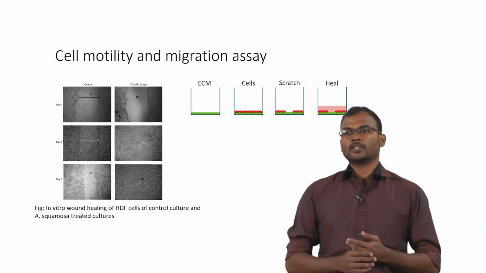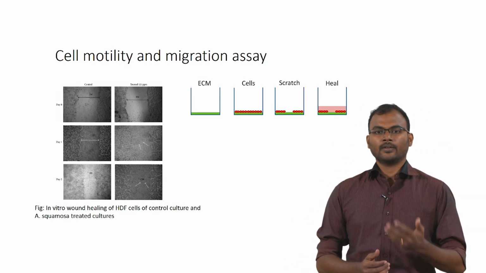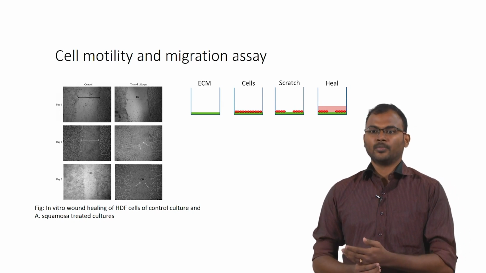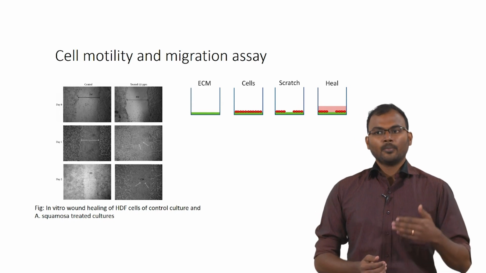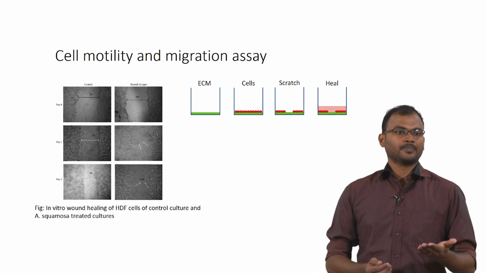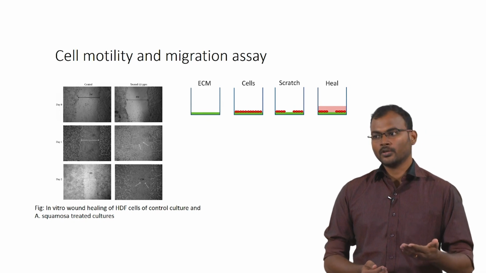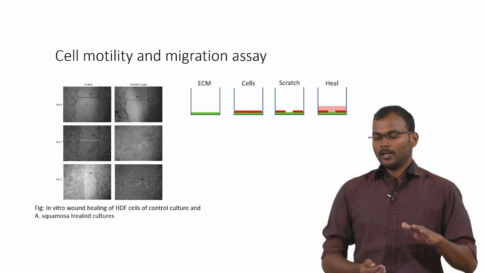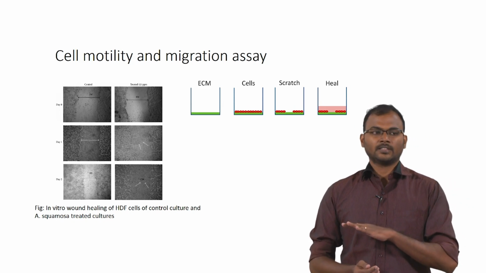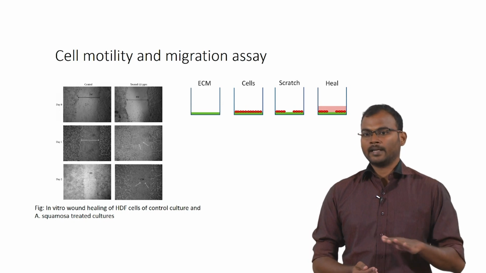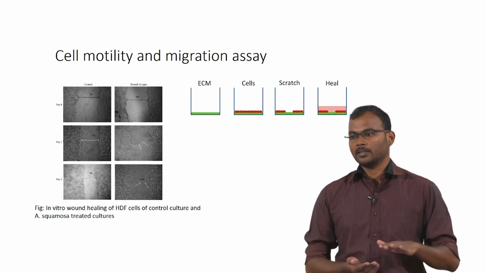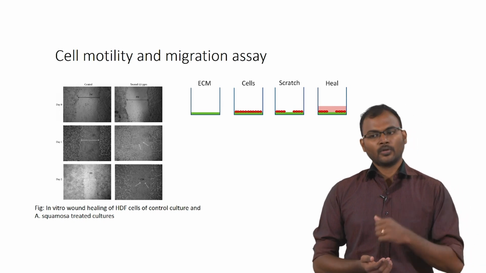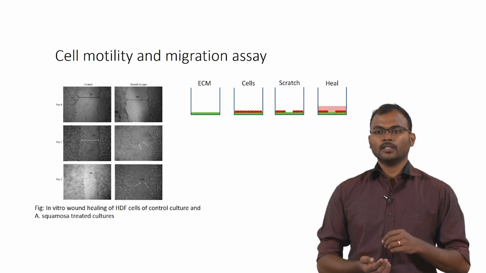So after cytotoxicity, if your material is not toxic, you can go for cell adhesion. Cell adhesion involves the same list of procedures, where you can put your sample underneath the cells before seeding. In cytotoxicity, you seed the cells and grow them. All these animal cell lines have to have a substrate to attach onto. So you have a tissue culture plate, your cells would be properly spread on the tissue culture plate, and then you put on your material. If it is causing toxicity, that would be observed.